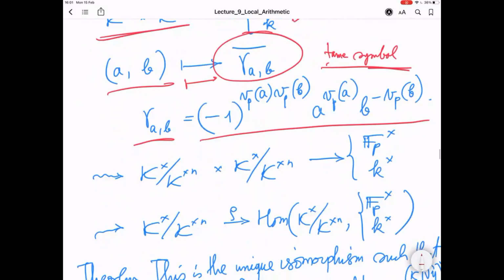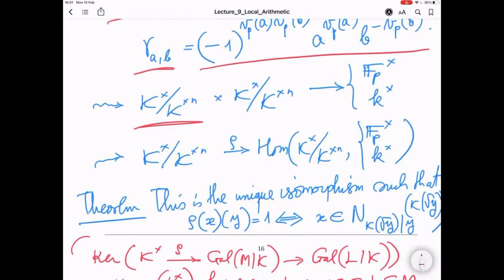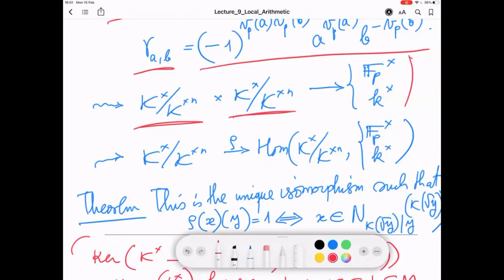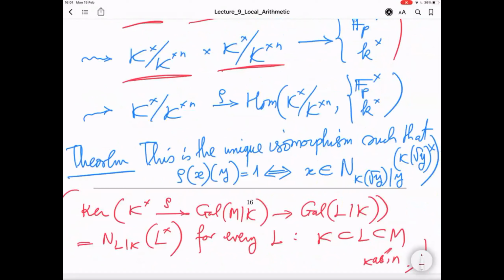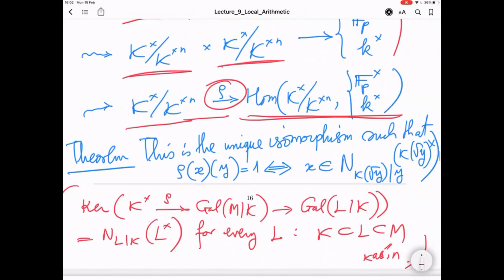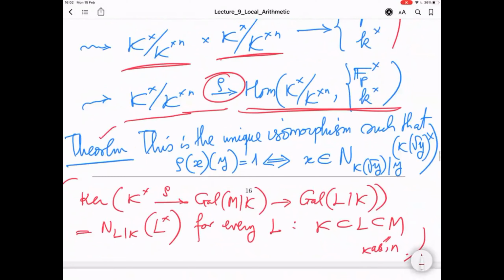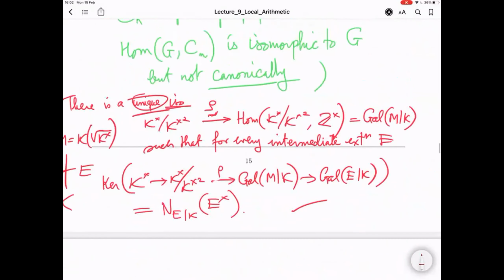And we'll see that it actually induces a map from K star modulo nth powers to K star modulo nth powers, and with values in these things. And so it gives you a map from K star modulo nth powers. So this map is rho into homomorphisms like this. And the theorem, which is the analog of what we have done for n equal to 2,